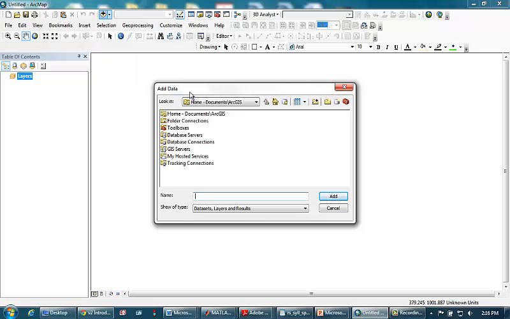Now, Arc's showing us a selection of folders from which we could add data. So this works like a normal Windows Explorer interface, except for the fact that Arc will only show you folders that you've already set up a connection with. So before you can add data, you need to connect to the folder that you want to get data from. So to connect to a folder, come over and click on this icon, Connect to Folder,